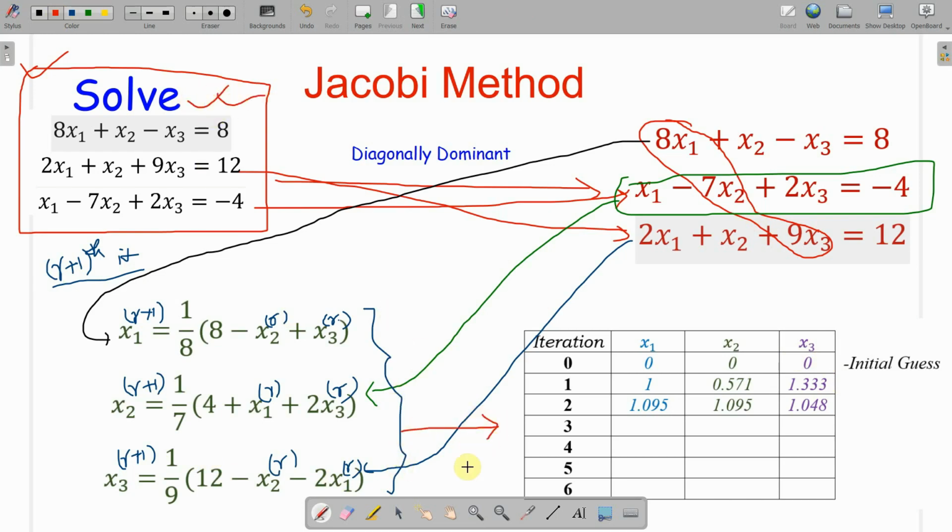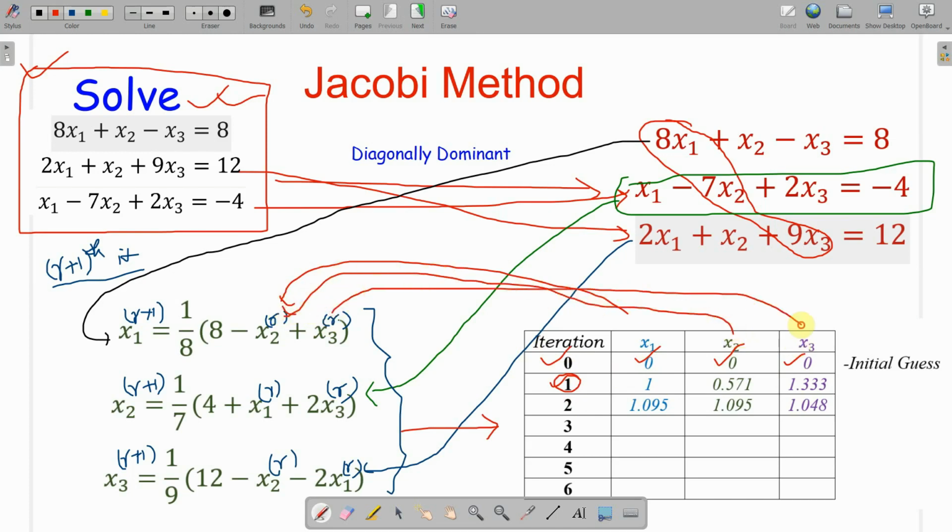We will make a table and write the 0th iteration. The 0th iteration means I am considering the initial guess. For the initial guess you consider the most convenient one, that x1 equals 0, x2 equals 0, x3 equals 0. Now I'll put these values in for the first iteration. This is our first iteration. If I put the x2 value here, and the x3 value from here, you will have